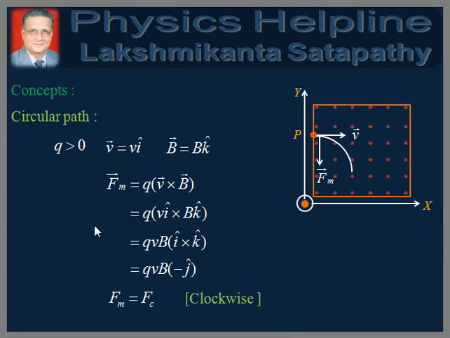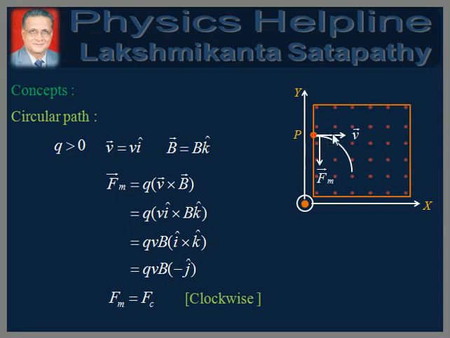The two charged particles given to us are a proton and a deuteron. Both of them are positively charged. Therefore, we write in general Q is positive. And any one of the two, when it enters the magnetic field region at point P